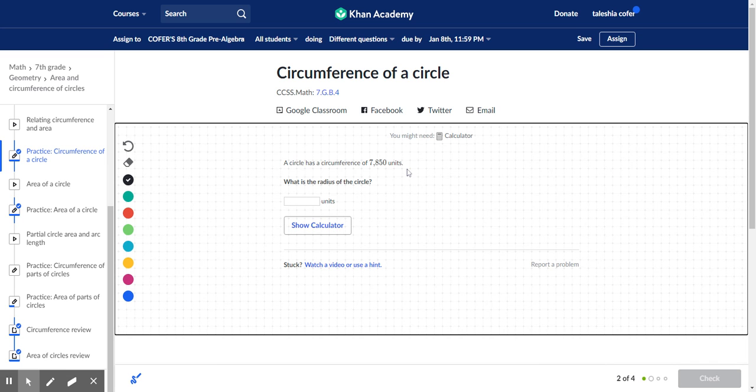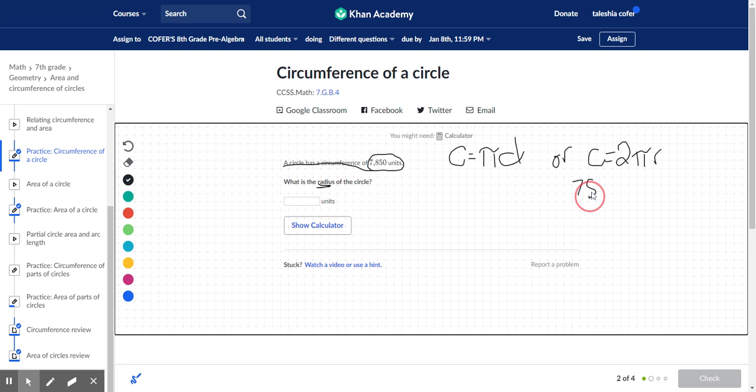Remember, we have the two formulas that we can use. C equals pi times d, or we have c equals 2 times pi times r. We figure out which equation we need based on what they're asking us for. Here, they give us the circumference, and they want us to find the radius. So I'm going to use the equation that has the r. Since I have my c, I'm going to take out my c and put